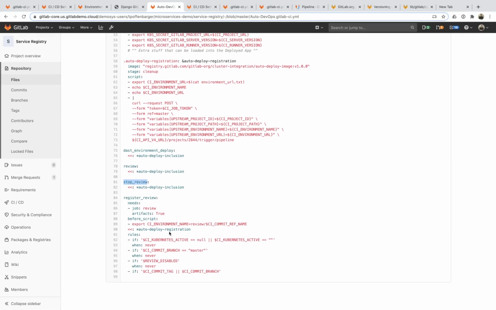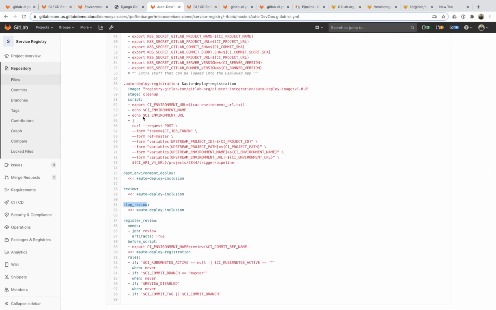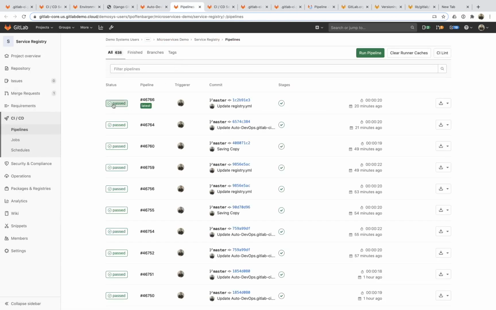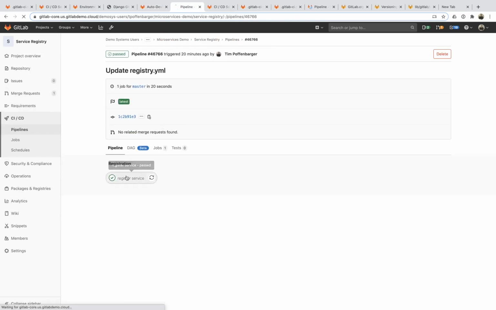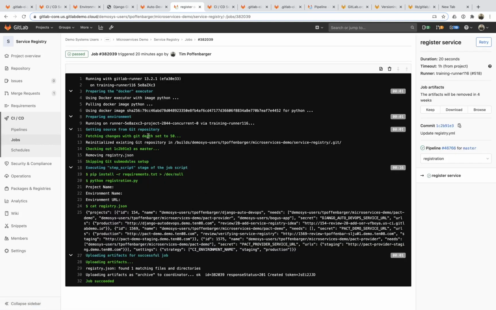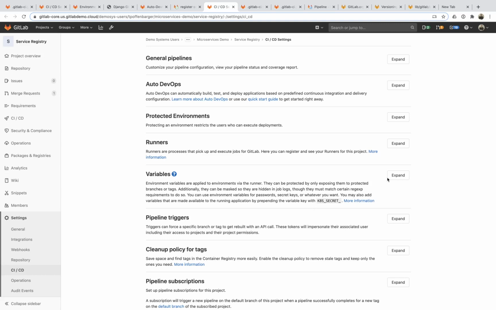And the intent behind this register review job is to call out to this service registry project and deploy and add to the YAML file. So what it's going to do is it's going to kick off a CI job, and the CI job is going to be picked up by the service registry project. And what it's going to do is it's going to write to this code repository,